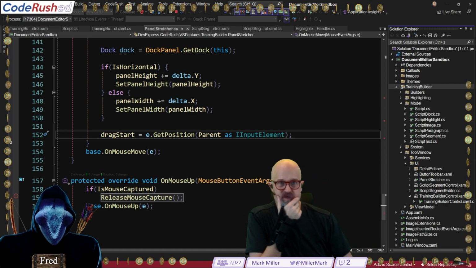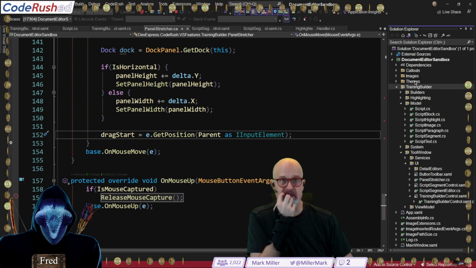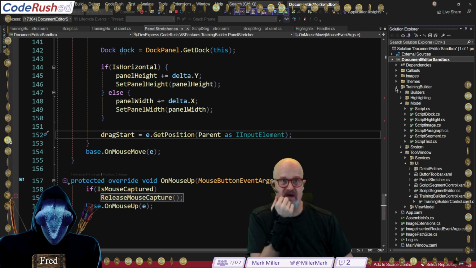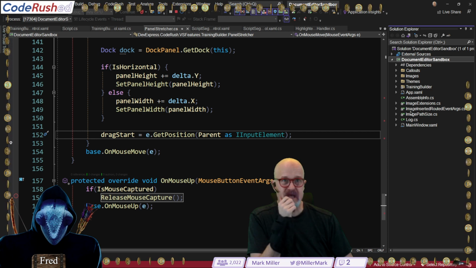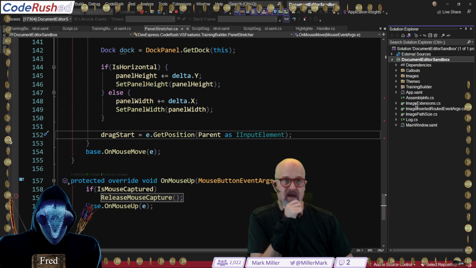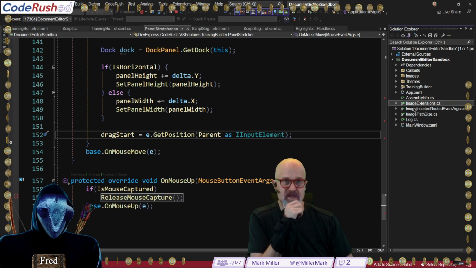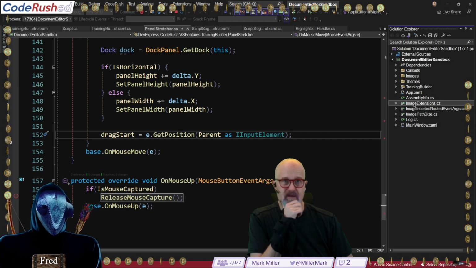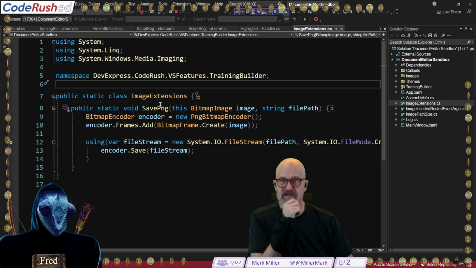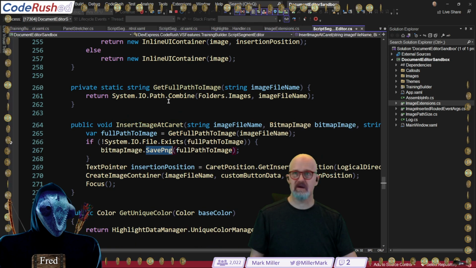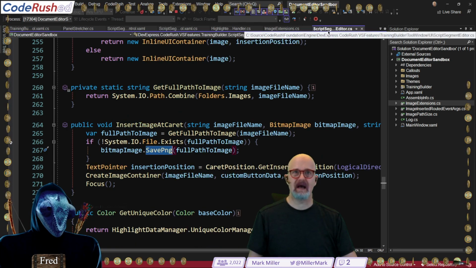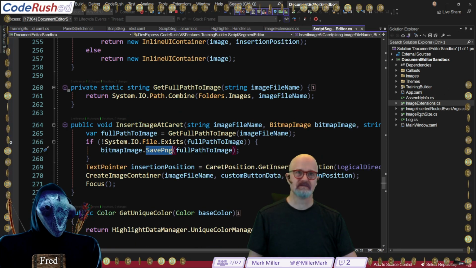So architecturally, structurally, that's what it looks like. This project consists of really only these actual real files in here, which looks like maybe some of these need to be moved over. Image extensions, save PNG, where's that being called from? Yeah, we need to move it over.